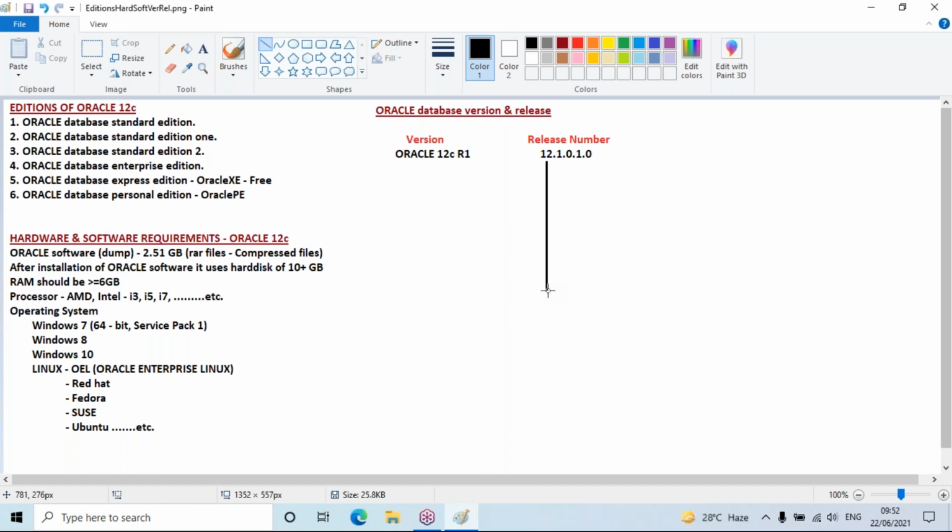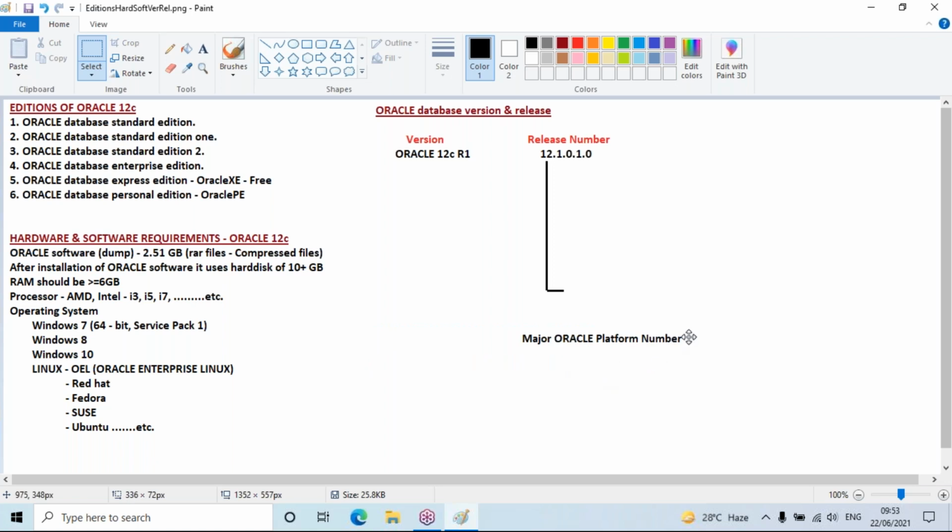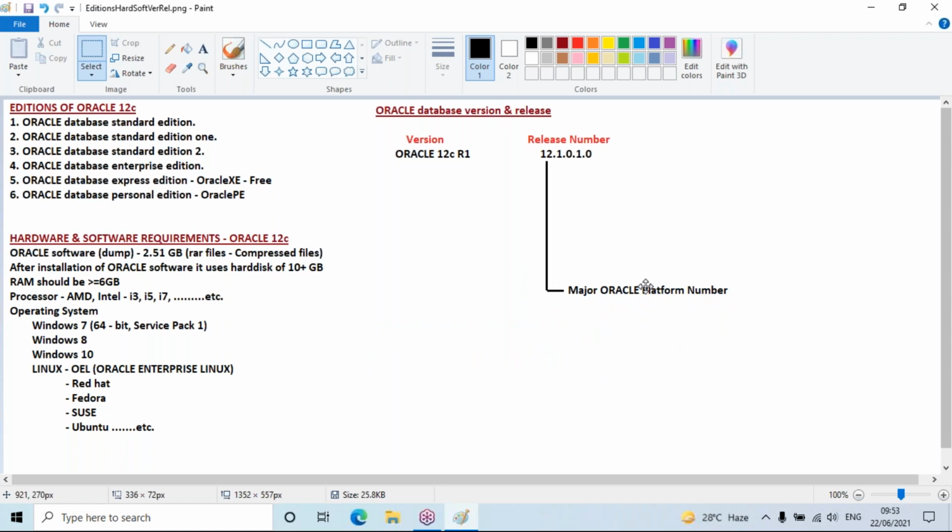The first, 12, is called the major Oracle platform number. Similarly, the next digit, 1, also has an expression.